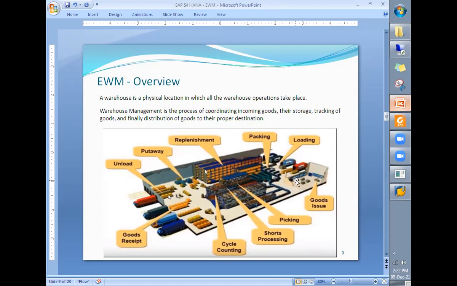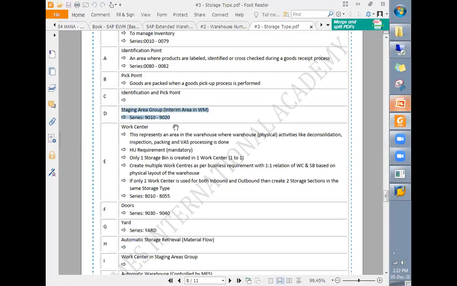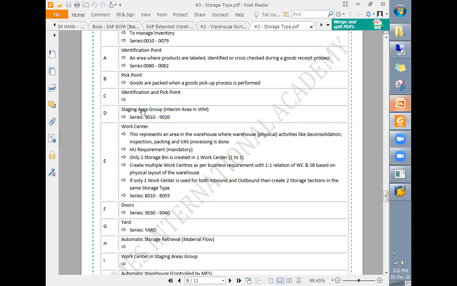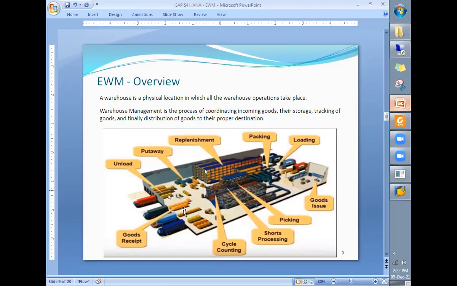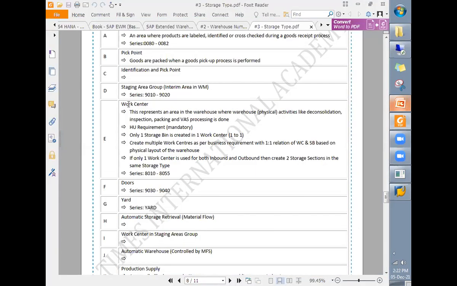To such storage types, roles like staging area group are assigned. Similarly, work center means places where warehouse activities like deconsolidation, packing, and quality inspection are carried out. To such storage types, the role work center is assigned.